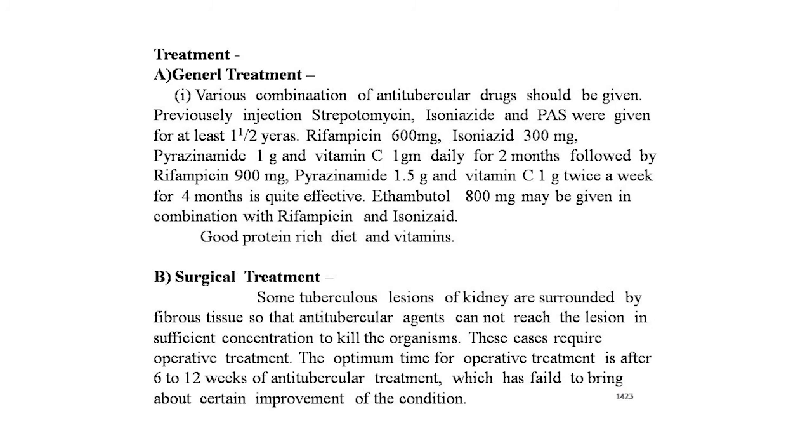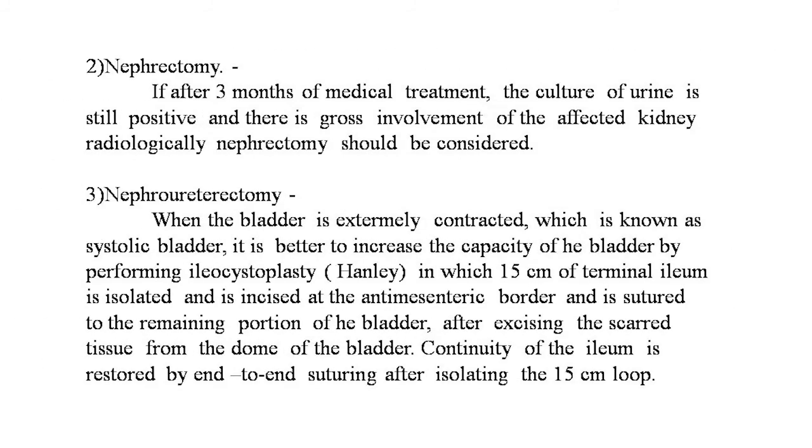The optimum time for operative treatment is after 6 to 12 weeks of anti-tubercular treatment which has failed to bring about certain improvement of the condition. Nephrectomy: if after 3 months of medical treatment the culture of the urine is still positive and there is gross involvement of the affected kidney radiologically, nephrectomy should be considered. Nephroureterectomy. When the bladder is extremely contracted, which is known as the thimble bladder, it is better to increase the